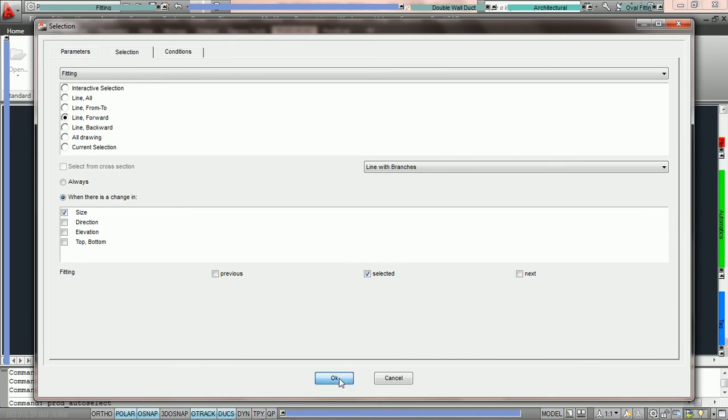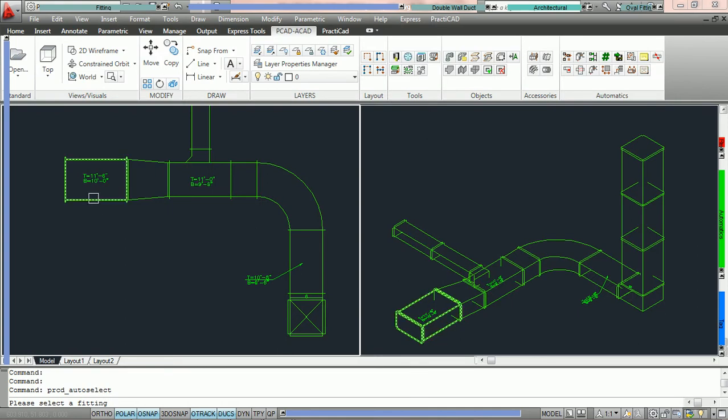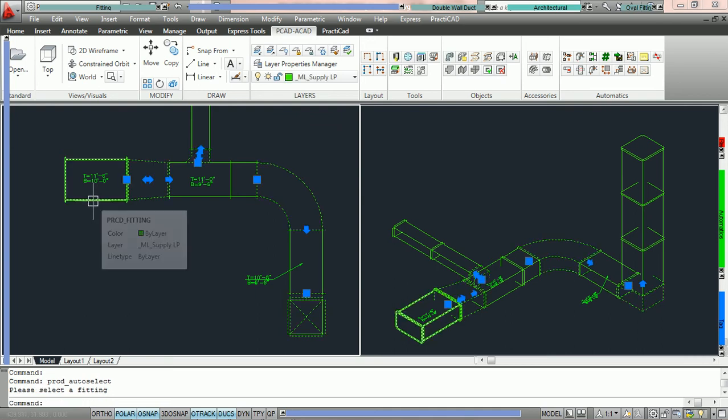So we're going to press OK. PractiCAD says highlight the duct line forward. And here you can see before we click on the first piece, we've got a duct line with a transition, we have an elbow, and then we have a duct line turning up. And we're going to click on the beginning of the duct line,